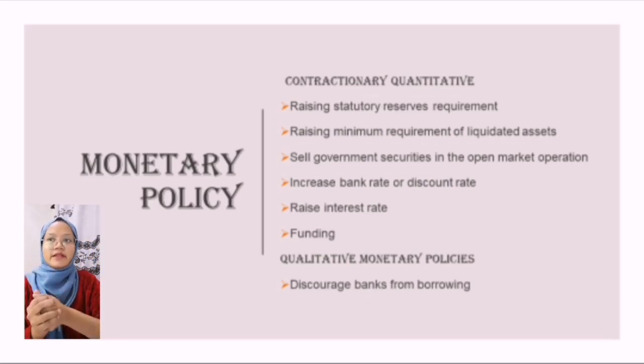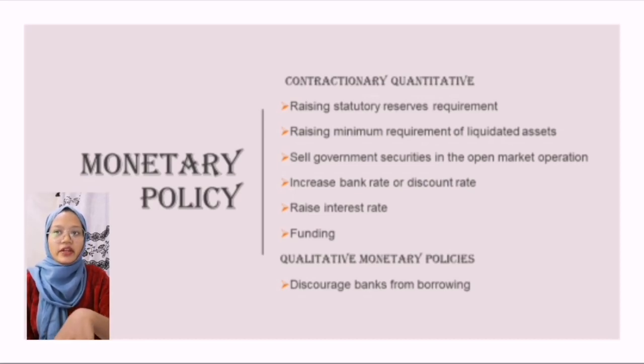During inflation, the money supply must be reduced. As such, the central bank will sell short-term bonds or treasury bills to commercial banks or to the public. This results in the transfer of a part of bank deposits to the central bank account and reduces the cash reserve and the credit creation capacity of commercial banks. Checks are also made payable to the central bank. The result is a decrease in consumer expenditure.